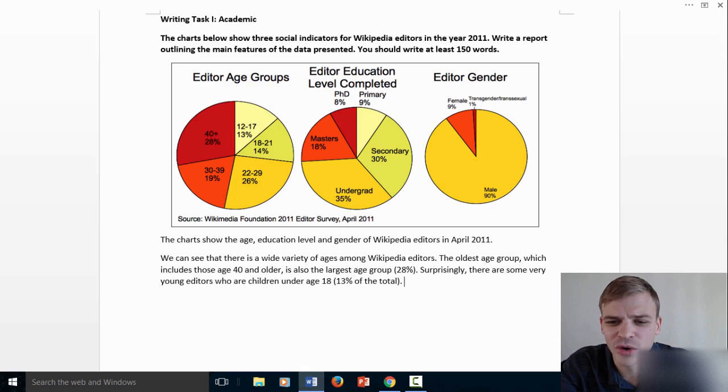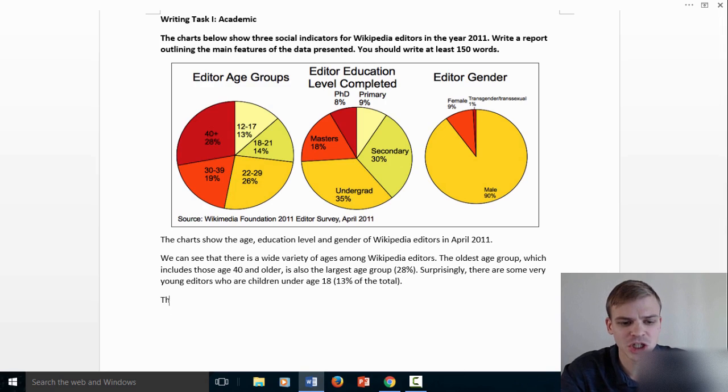How about that chart over on the right? That's really obvious that they're mostly males, right? These are not female editors. Only 9% female, 90% male. So that really stands out to me as being something I should put into my essay. So I will say, let me just make a new paragraph to make it clear to you. So I'll say that,